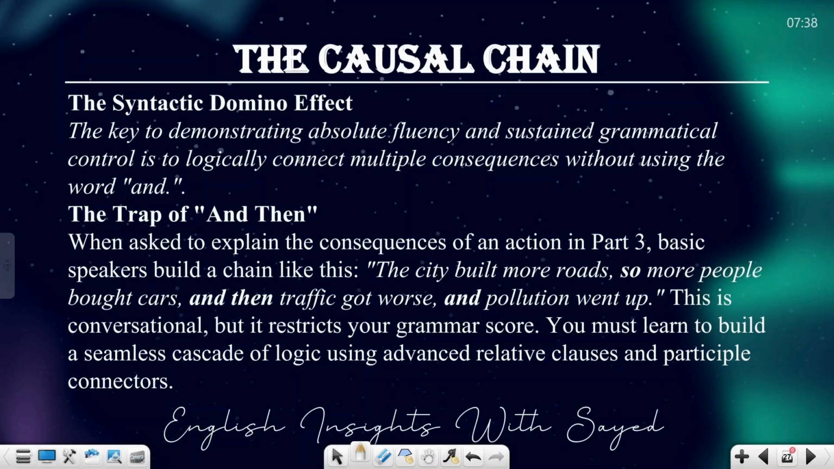So এটা আপনি কিভাবে আরো চেঞ্জ করতে পারেন? This is conversational, but এটা আসলে একটা conversational মতো হয়ে গেল, but it restricts your grammar score, কারণ গ্রামারে আপনি একই রকমের গ্রামার এখানে ইউজ করেছেন, ভ্যারিয়েশন তো নাই। You must learn to build a seamless cascade of logic using advanced relative clauses, আপনি এখানে কজ অ্যান্ড এফেক্টের ব্যাপারটা নিয়ে আসেন, and